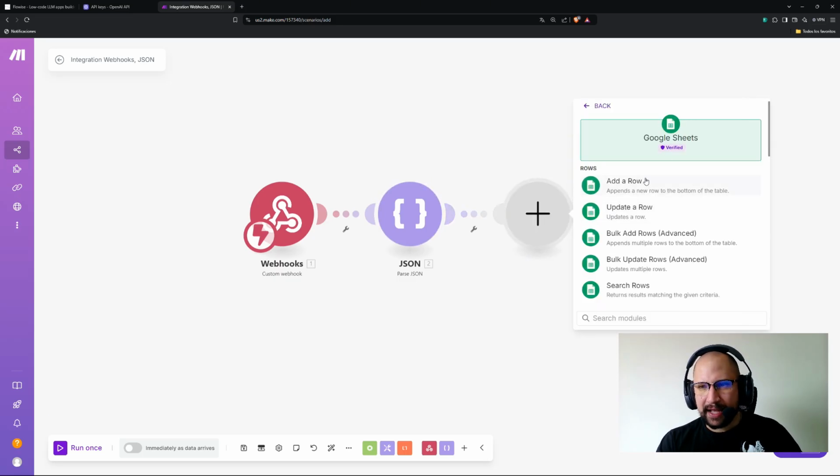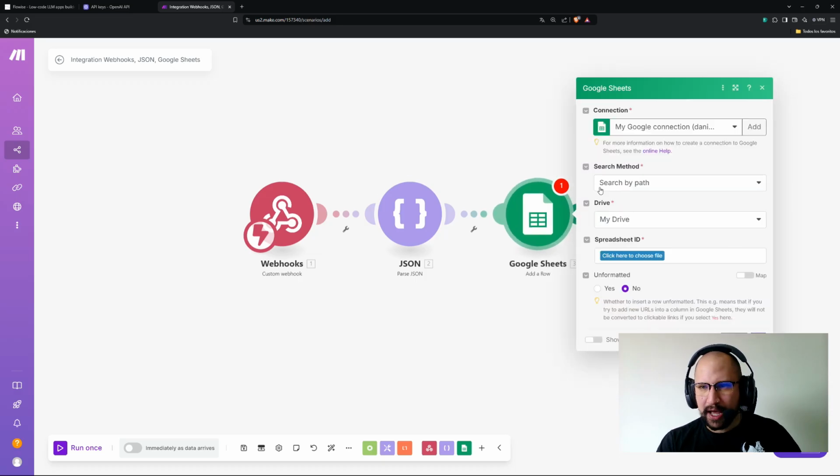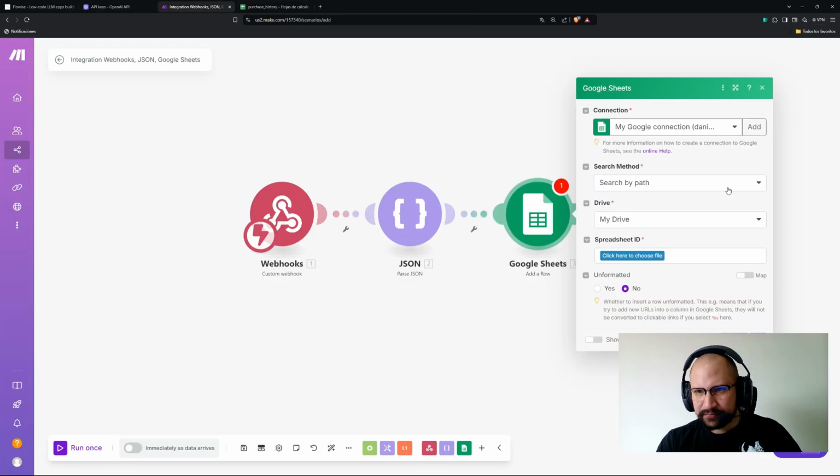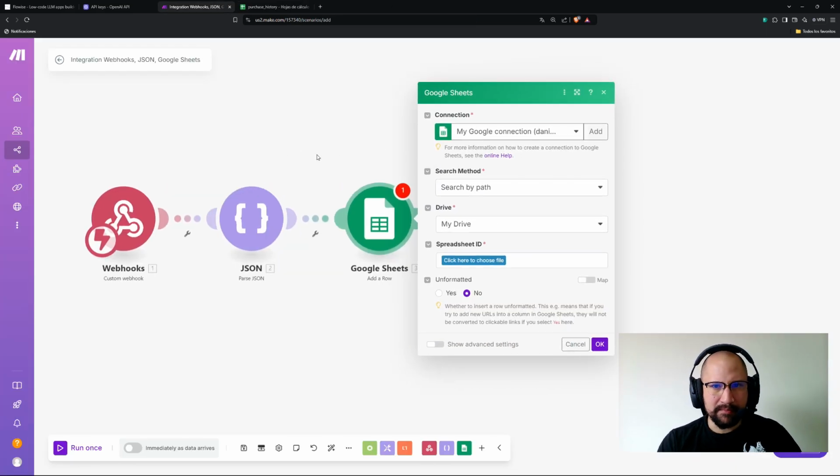I will add a row. I will show you the file that I already created in my Google Drive. It is a simple Google Sheet that includes the date, company, amount, category, and comments. It only has this. So to connect it to Make, just